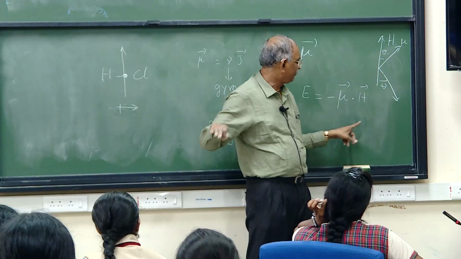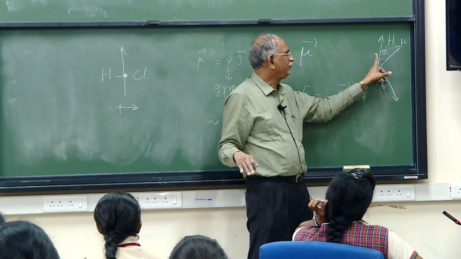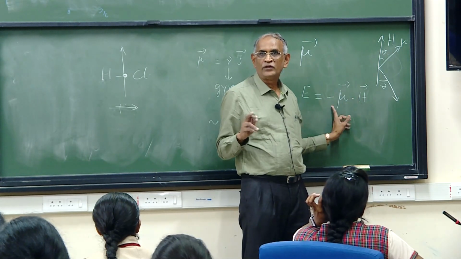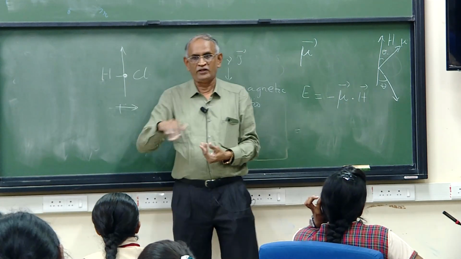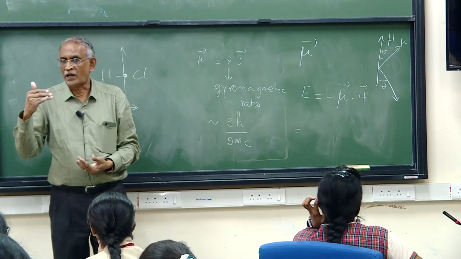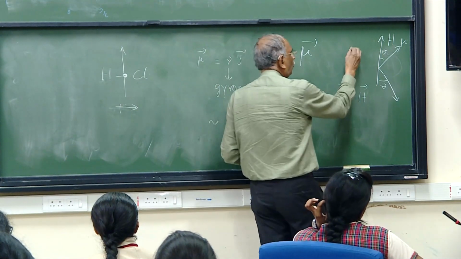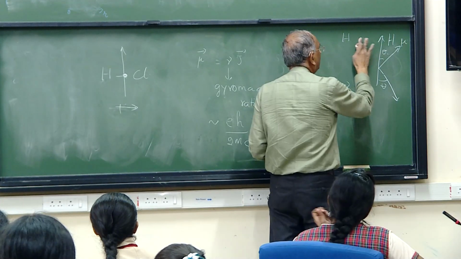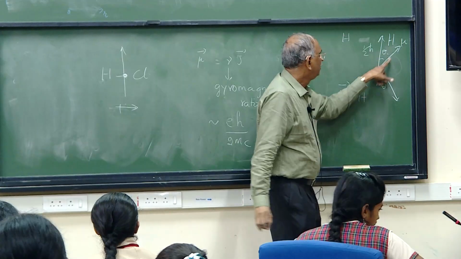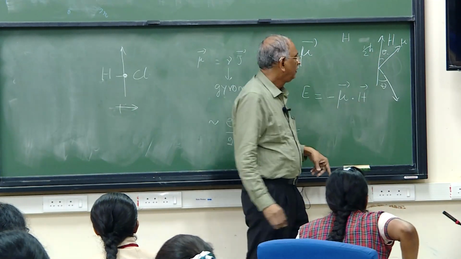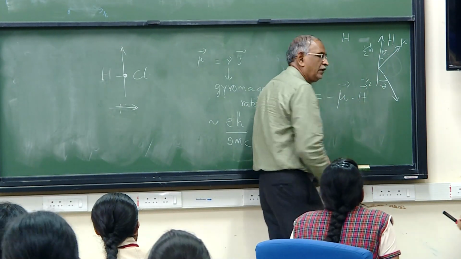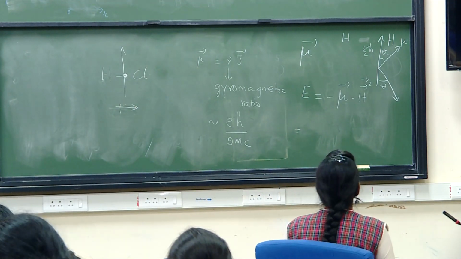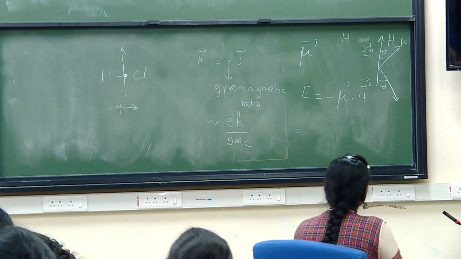A stable system has negative energies. Therefore, if theta is 0, for example, it's perfectly aligned along this direction, theta is 0, cos theta is 1. So now the energy is minus mu H, lower energy for the system. For a spin plus a half, if it is a nuclear spin, for example, proton, H bar, you see that the orientation is stabler. The minus a half orientation is less stable. Therefore, the moment you put a magnetic field, you are creating what are called two energy levels for